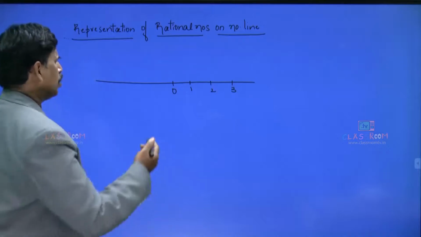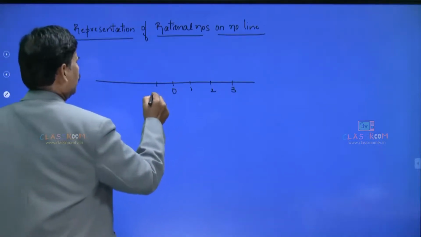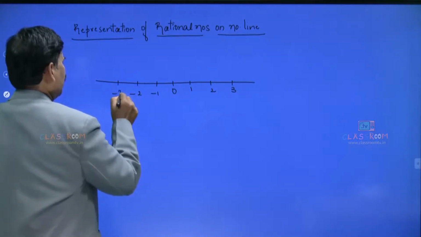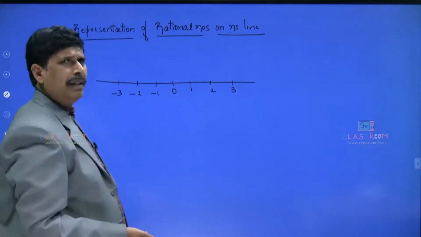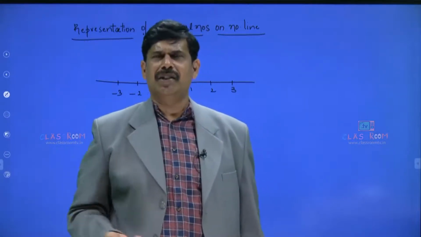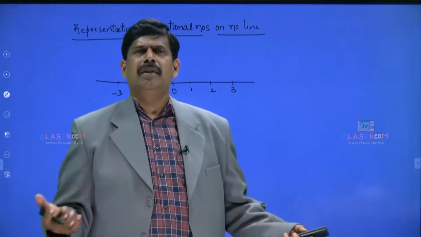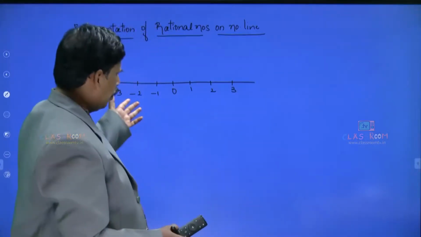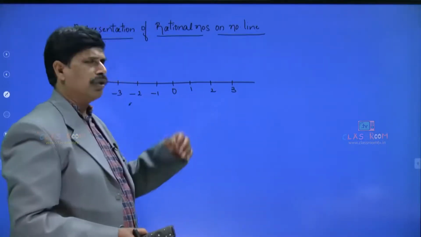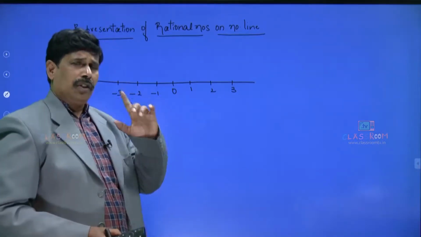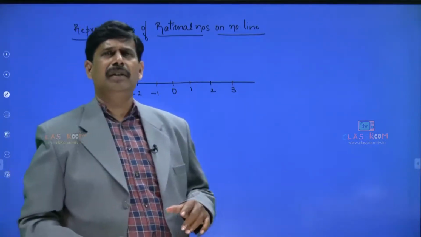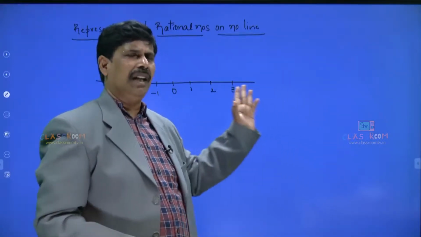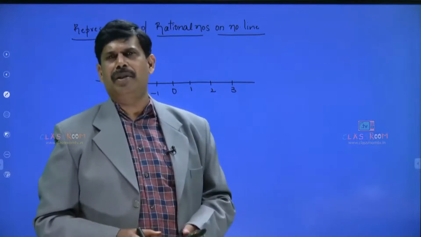Let us see, we are introducing negative numbers: -1, -2, -3, -4, like that. So then what is it? This is an integer number line. We have got integers, 0 and positive numbers. So 0 should be in the middle. The right side of 0 has positive numbers, and the left side of 0 should be negative numbers.